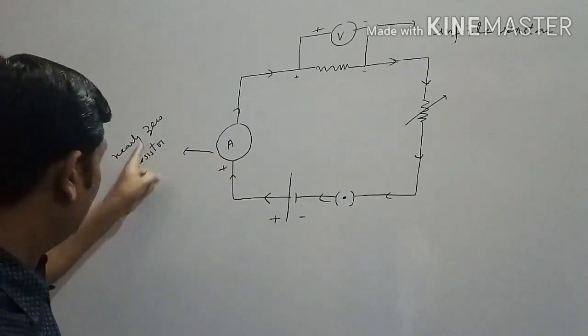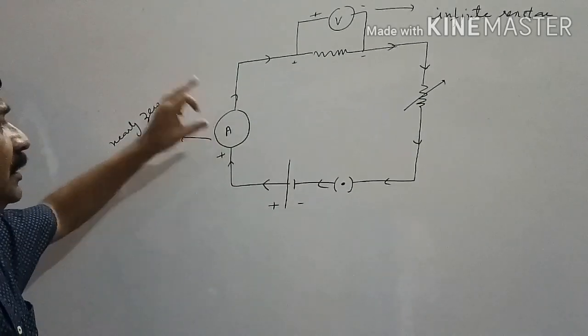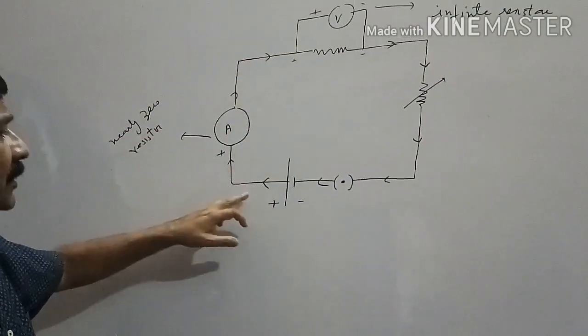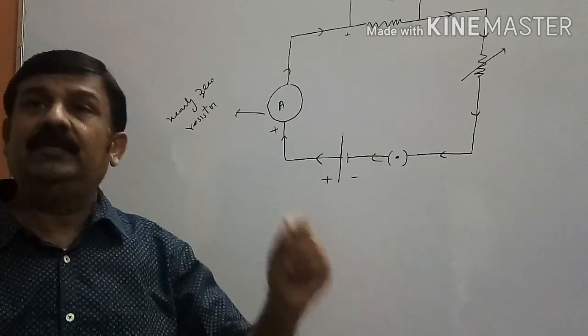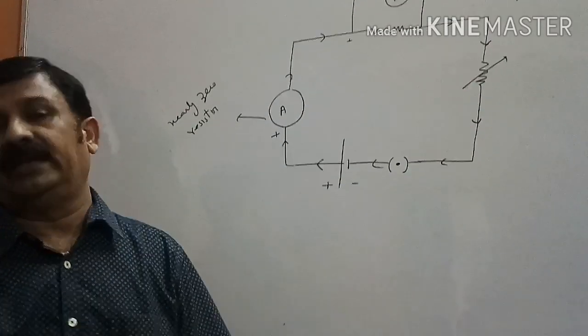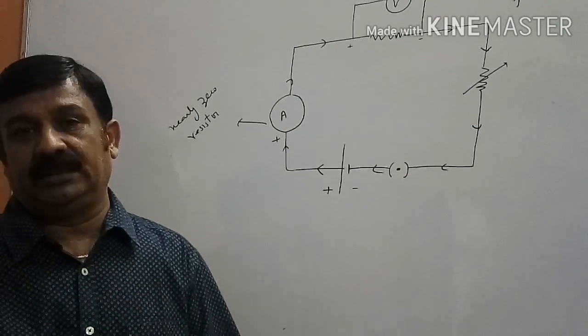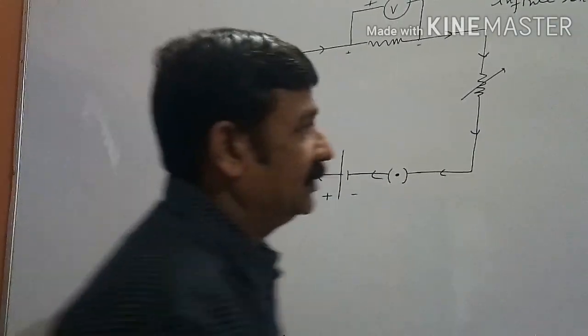Why should an ammeter have nearly zero resistance? Because if the ammeter has some resistance, the introduction of the ammeter will change the resistance of the circuit, and hence the current flowing in the circuit. So what the ammeter measures will be less than the true value of current. That is why an ammeter should have nearly zero resistance. So this is all about electric circuits and types of electric circuits.